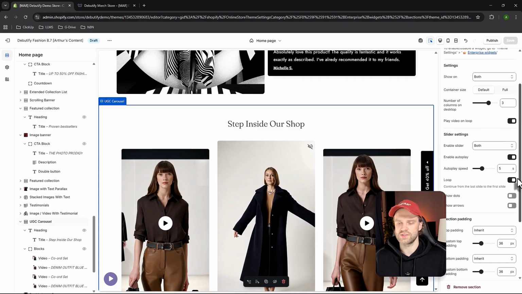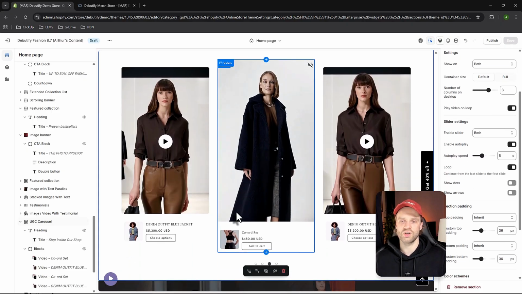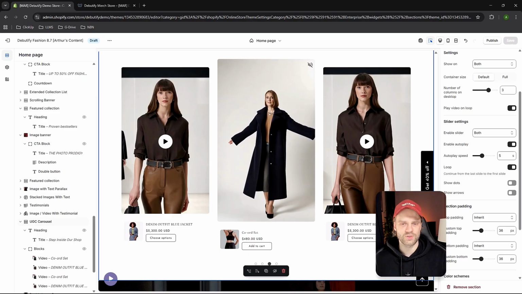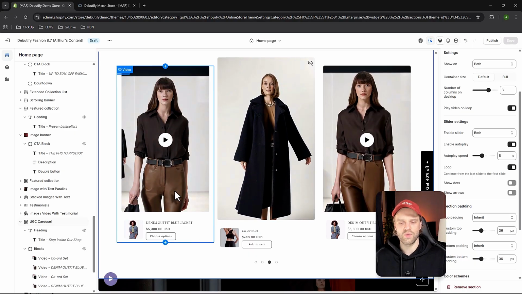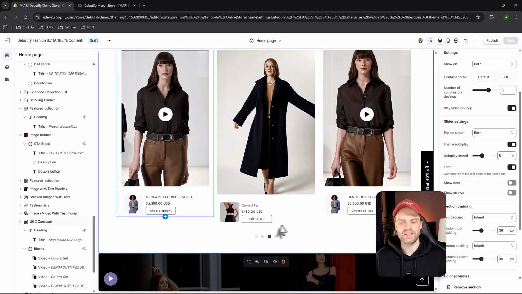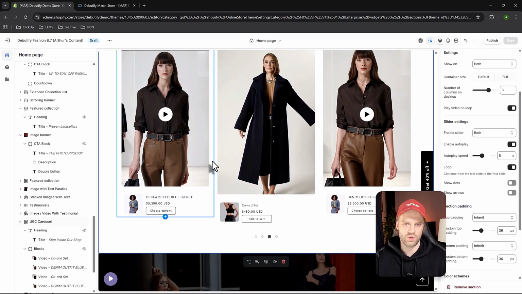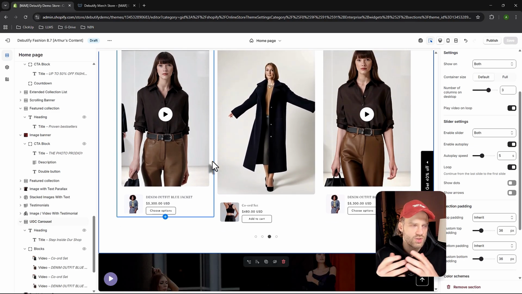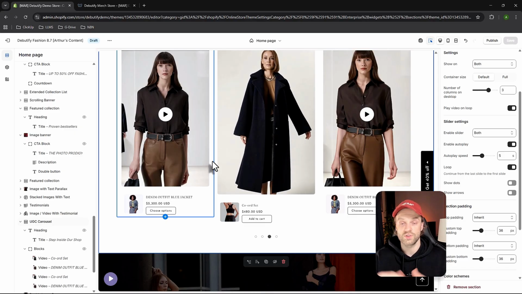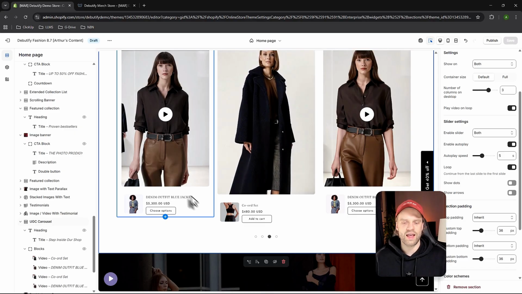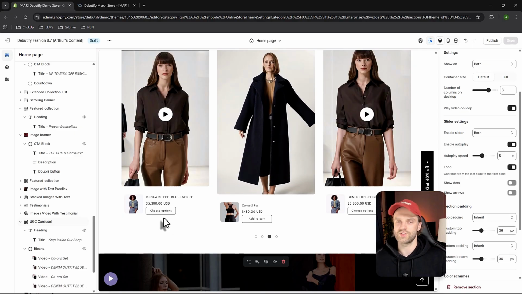So you can customize every single thing, and this is looking so insanely professional and awesome that I am absolutely speechless here, guys, okay? And what's even cool is that you can add these products from this UGC carousel, right? So for example, you're working with UGC content creators or influencers in general, and they send you the content and you add it here, and you can even add which product the influencer is promoting, for example,